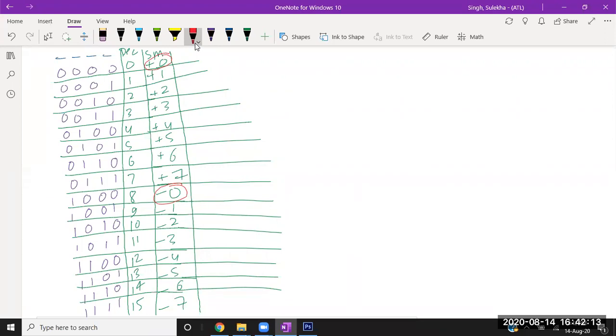Okay, and you are treating both equally, like you are treating plus 0 as a 0 and minus 0 also as a 0. So basically what you are doing is wasting a pair of 4 bits for assigning a single number. You are assigning 0, 0, 0, 0 as a 0, and you are assigning 1, 0, 0, 0 also as a 0. Okay, so this is the basic flaw, and you need to write some lines separately.